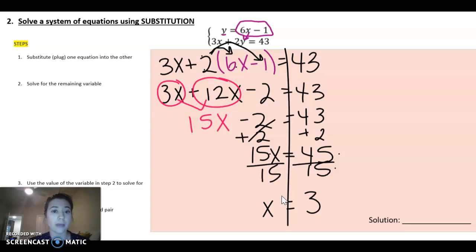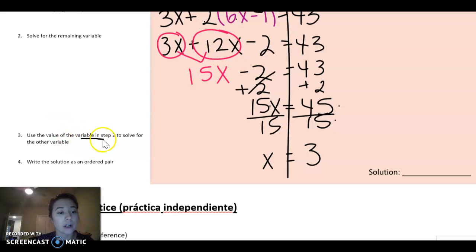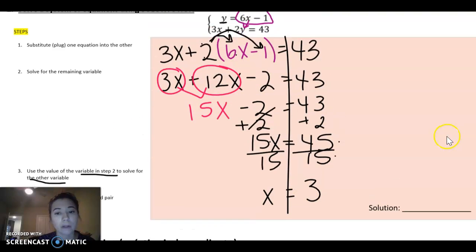Okay? And then again, we aren't done. In our system, we have two variables. We have x and y. I've solved for x, but I still need to solve for y. We are not finished until we know what both variables are. So we're going to use the variable in step 2 that we've found to solve for the other variable. So now